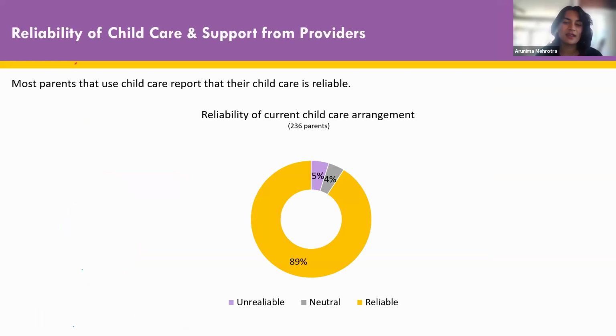Thank you. So, so far, we have 455 parents that have taken our first, second, and third survey. Out of those, almost 3/4 of those parents use some form of non-parental childcare for their children under the age of 6. In our third survey, we asked parents who were using childcare if they found their arrangement to be reliable, and 89% of parents reported that their childcare was reliable to them, which is represented by the gold bar in this pie chart. And 5% of parents shared that their childcare arrangement was unreliable. Next slide, please.